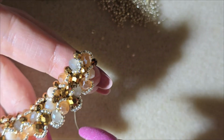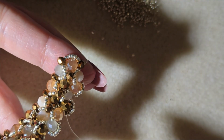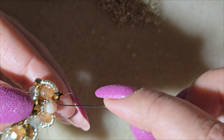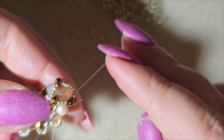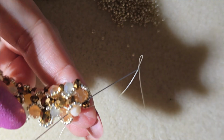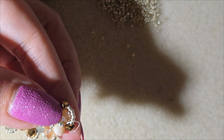Now without adding anything, we're going to do the bottom part. If you like it like this, you can leave it. I'm just going to add some 15o seed beads between these 15o seed beads. So without adding anything, I'm going to go through this 6mm. So this is the bottom bead of the last cluster. So I'm going to go through this one like this,